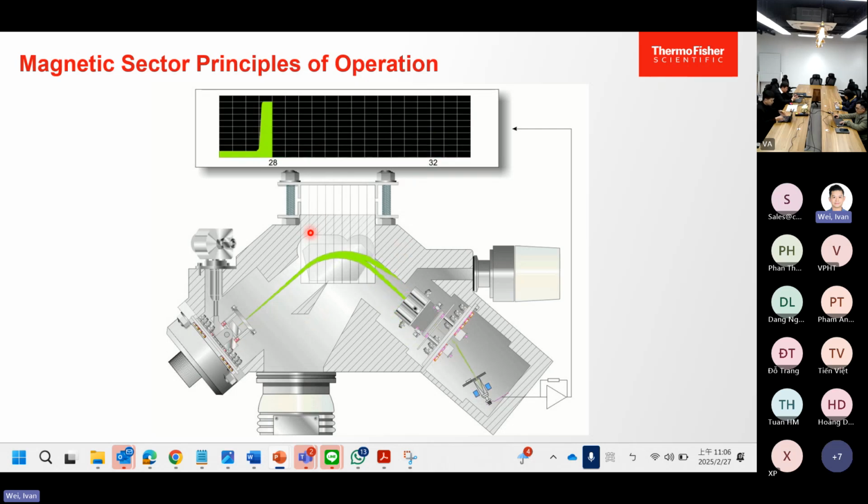So as you can see here, when the magnetic field changes, the ion beam changes its trajectories. Anything that has a mass of 28 will hit our detectors. And after the magnetic field changes, anything that has an ion mass of 32 will hit our detectors. So that's the principle of how we operate the mass spectrometers. We are detecting the gas mass, the fragment gas mass, and then we have a detector to see the signals, and we also convert the signals into concentrations.